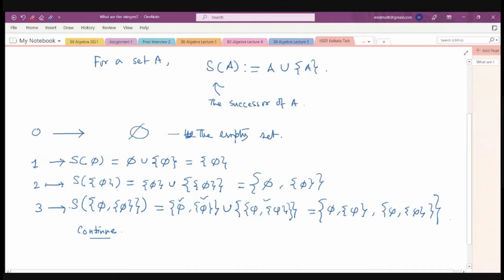And for today's talk, completely forget whatever you know about integers and natural numbers. The 0, 1, 2, 3 have no meaning except what I am telling now. For me, 0 stands for this empty set, 1 stands for this set containing the empty set, 2 stands for this one, and 3 stands for this one, and so on. Continuing, we got a set of symbols 0, 1, 2, 3, 4, etc.